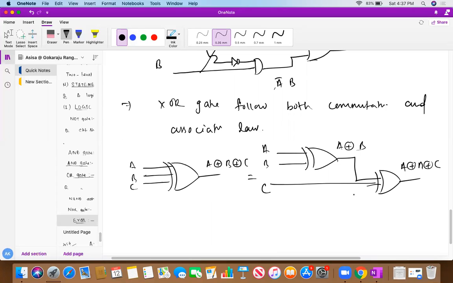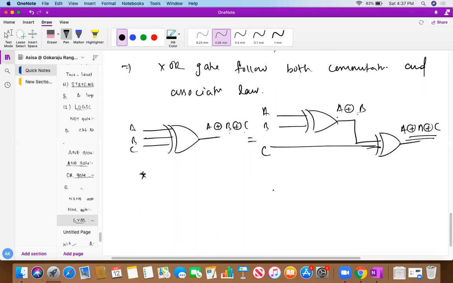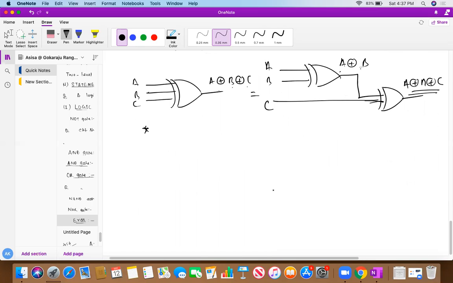Understand, students? Very simple. So what do you understand from this? XOR gates are available with only 2 inputs. Always remember, in the market mainly 2-input XOR gates are available. There are no 3-input XOR gates since it follows the associative law. So A XOR B XOR C is A XOR B, and after that, if you XOR separately with C, it also becomes A XOR B XOR C. So the XOR gate follows both the commutative as well as the associative law.